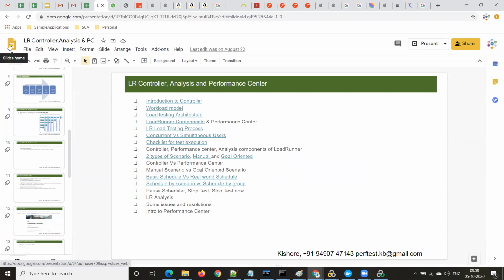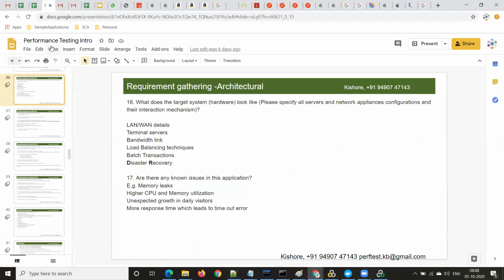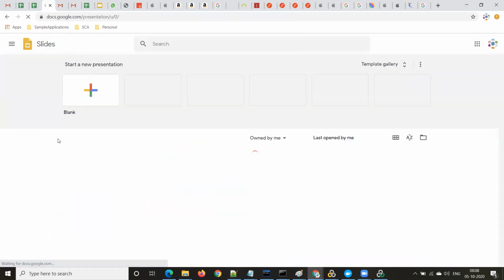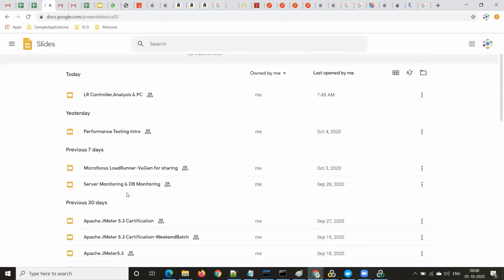Okay, that's not there in this slide. So good, that's there in server mountain and DB mountain. I remember that now.